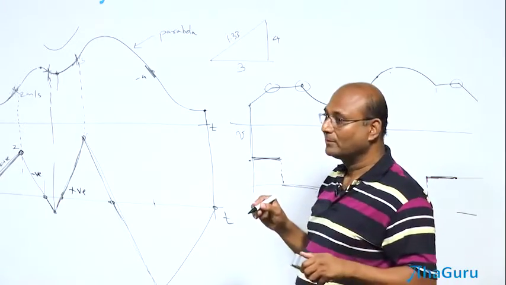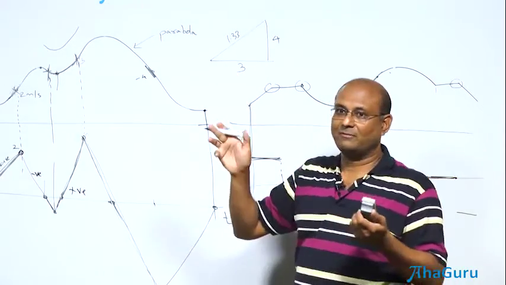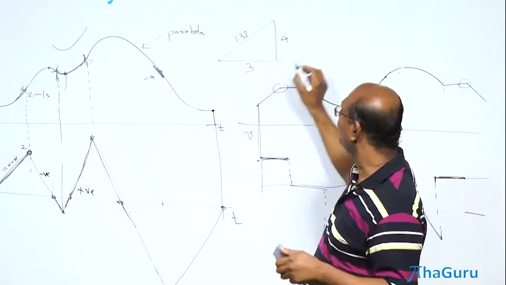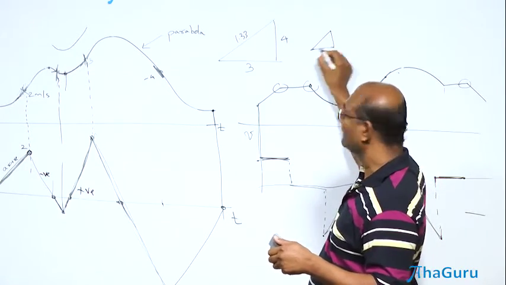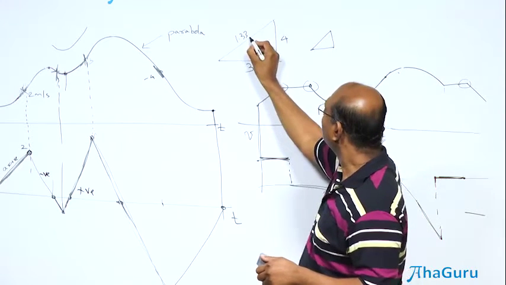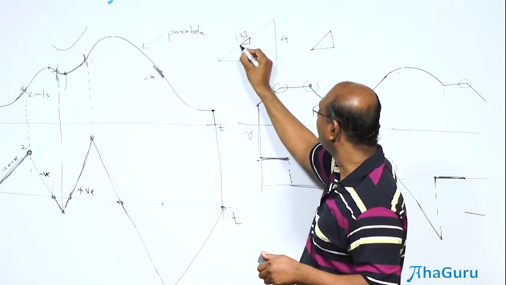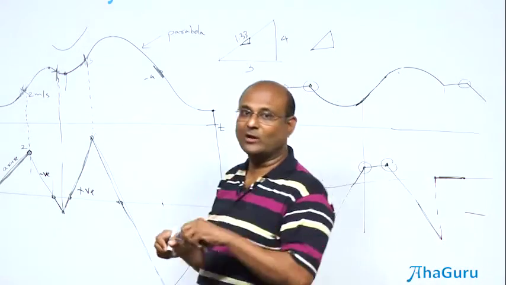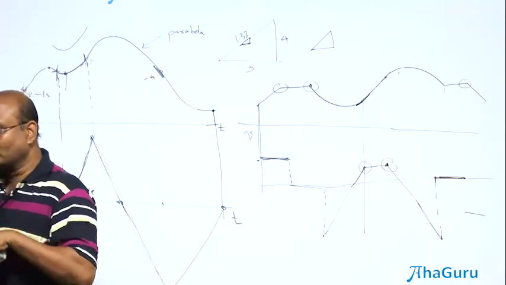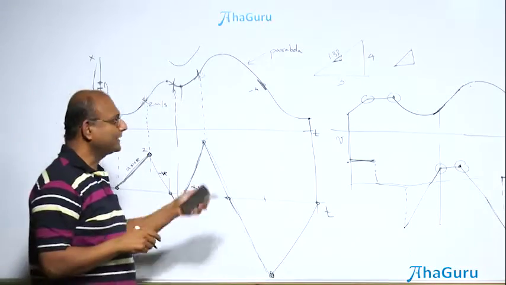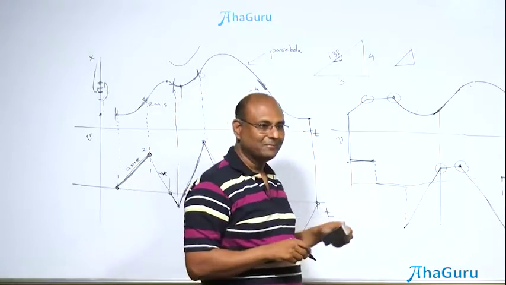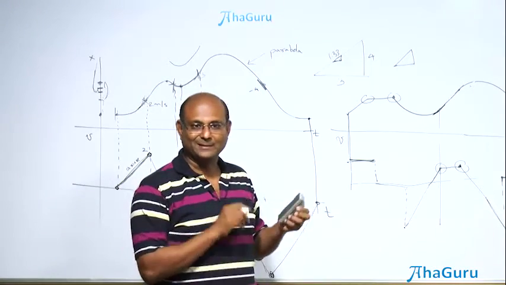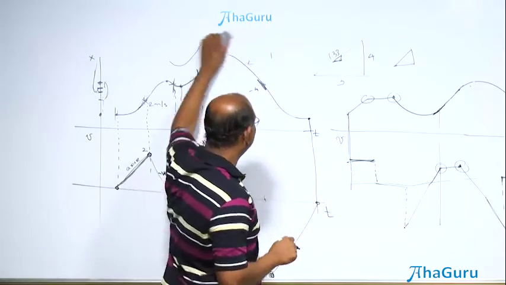How do I say slope? Well, arrow, where should I put the arrow? I should shade it. So usually what we do is to say, remember slope was rise by run. So we just put a small box like that. If this symbol comes along with it, now you know that we are not talking about length, we are talking about that rise by run, slope. Otherwise we can always write slope is equal to, but the whole idea of mathematics is we don't write much. Okay, so I hope everybody is clear about this.